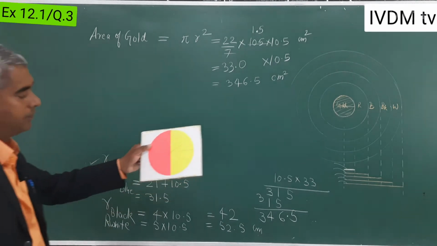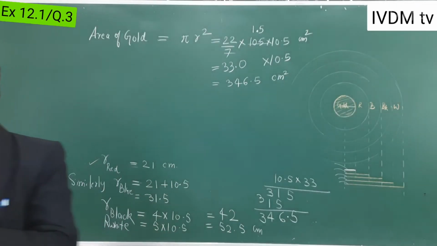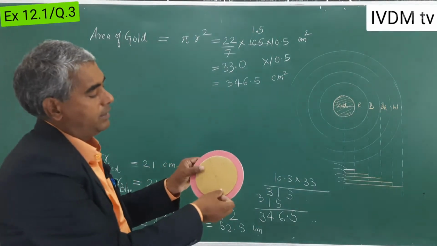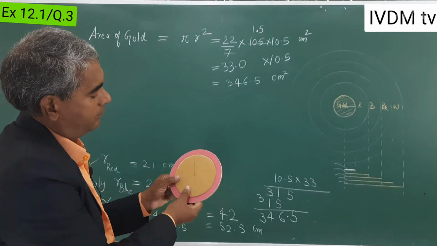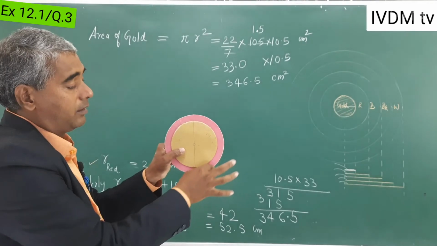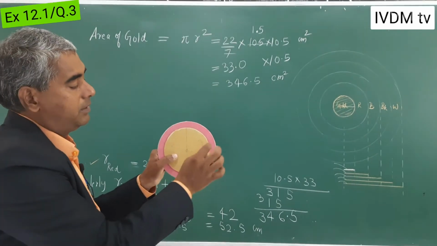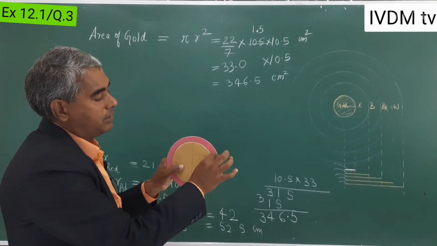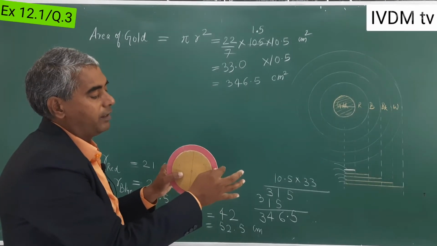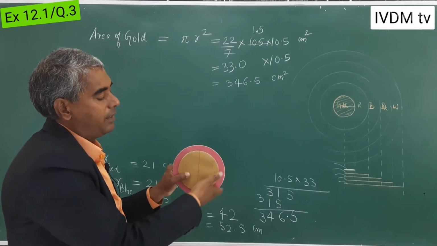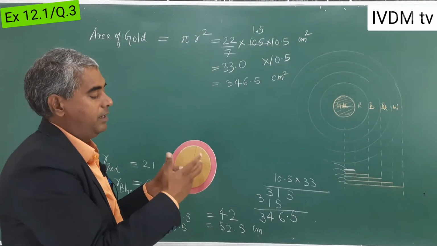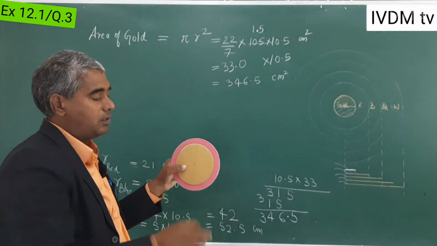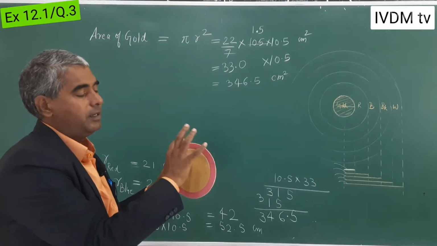Just like here, this is any big circle. So you are observing here a ring type shape. This is the red. Only this area, how will we find it? We will take the area of the larger circle minus the smaller one. If you cut it out, only the ring will be left in your hand.